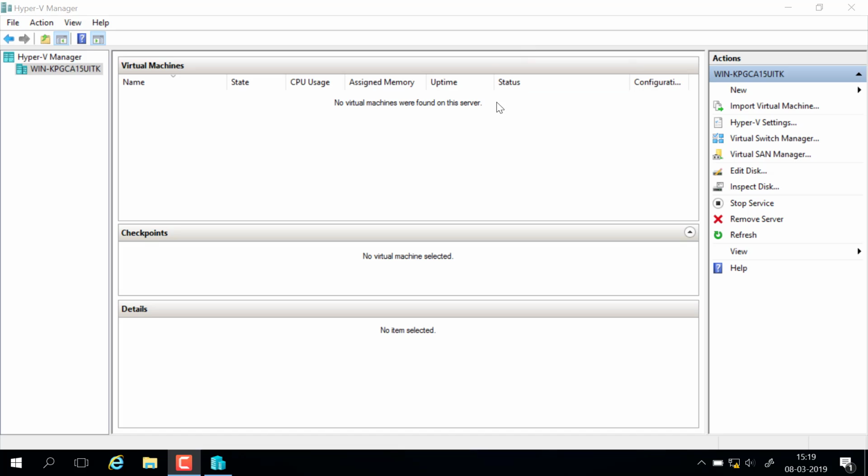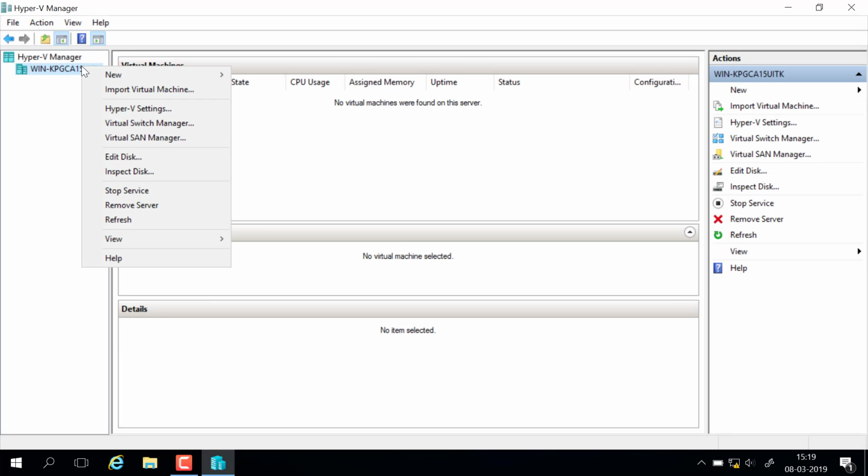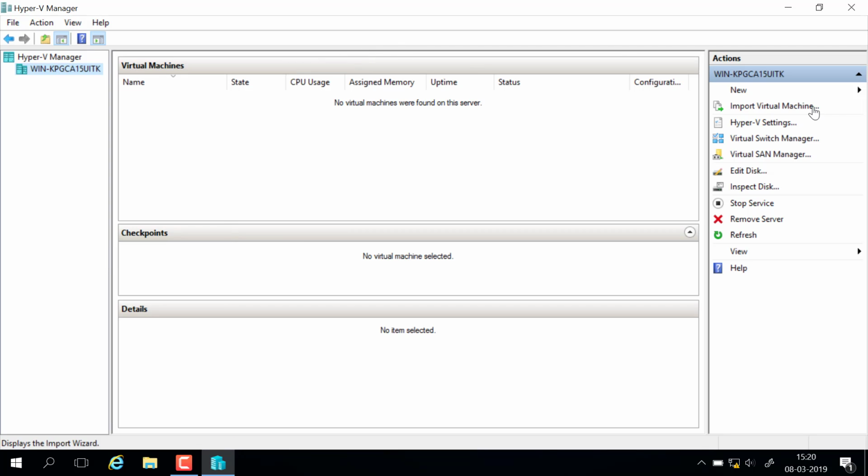Okay, starting off, I'm going to demonstrate how to create a virtual machine in Hyper-V. So this is the Hyper-V Manager console, and this is my Hyper-V machine. On the right-hand corner of the screen, I see the New option, or I could just right-click here and say New Virtual Machine. Either way is fine. So I'm going to click on New here, Virtual Machine,